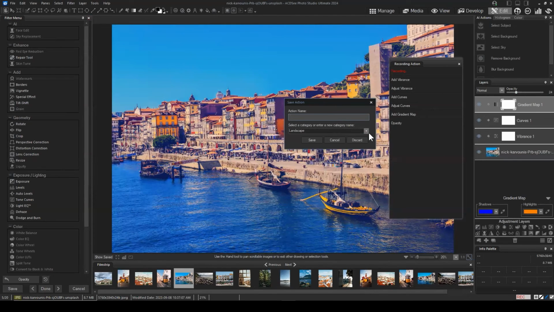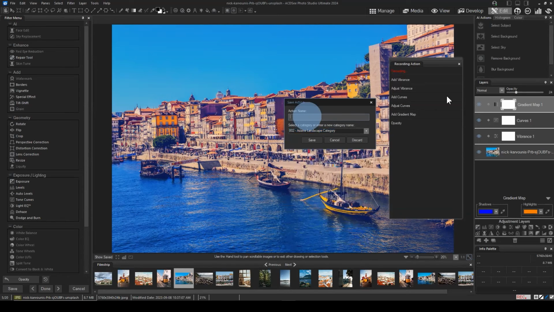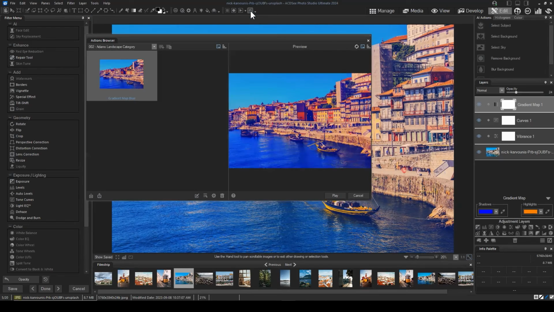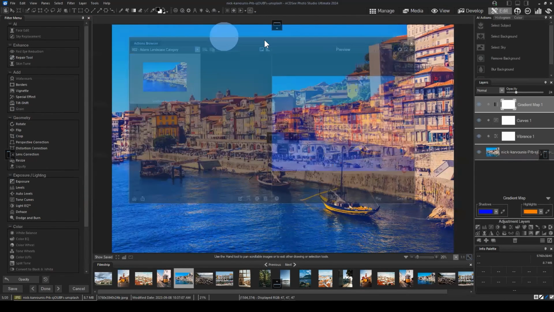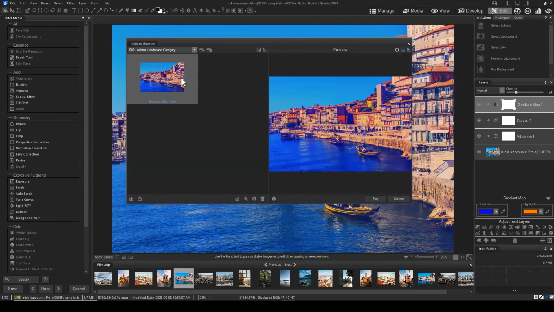This is going to give me the ability to save the action to a category. So we'll add it to Adam's landscape category, and we'll call it gradient map blue, and I will save this. And so then that's saved to that corresponding category. So if I click on the actions browser, you can see that Adam's landscape category, the second one that pops up here, contains my gradient map blue,